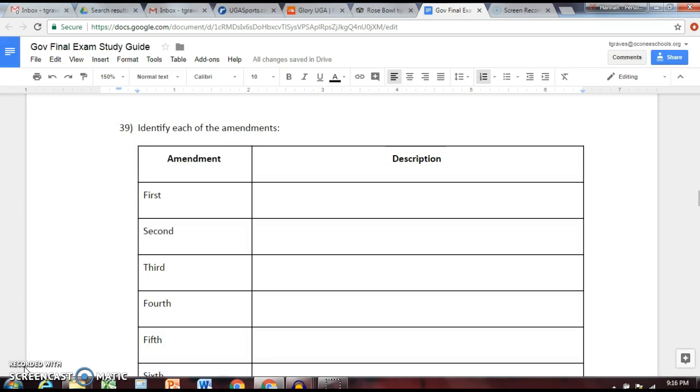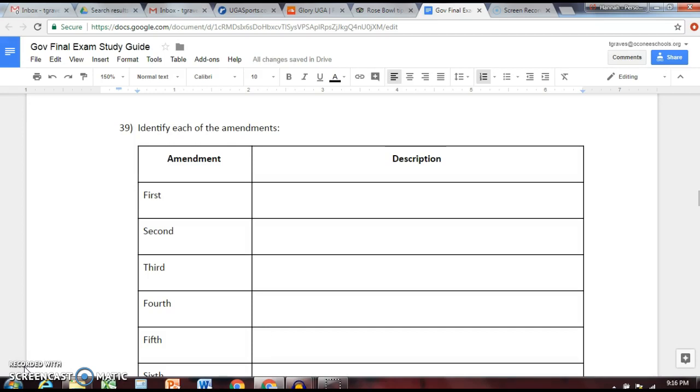Number 5, the Fifth Amendment is the right to due process of law, which includes a couple of different things. We talked about freedom from self-incrimination. I plead the Fifth Amendment, saying I'm not going to say anything that's going to make myself sound guilty. Double jeopardy's in there. Basically gives you the right to a trial, which is like if you're accused of a crime, you have due process before they just throw you away in jail forever. Number 6 also deals with trials.